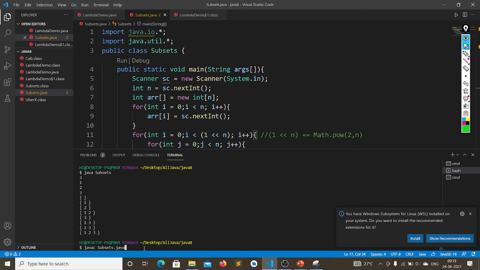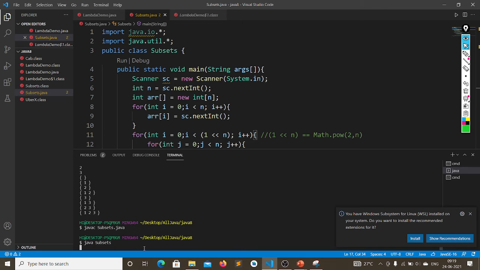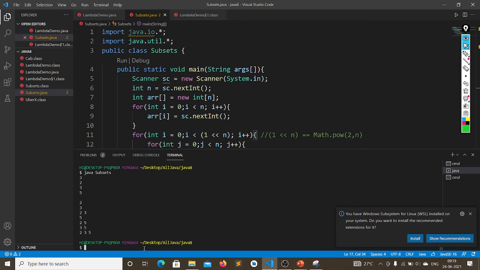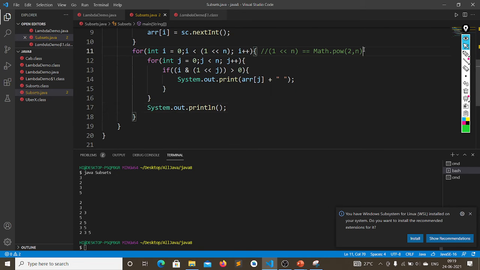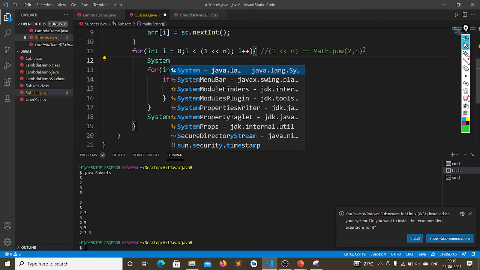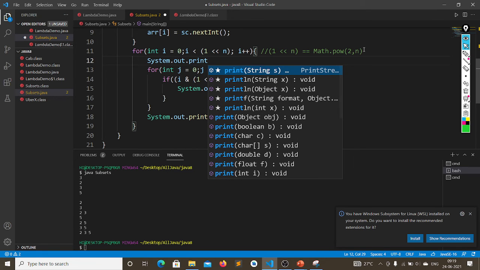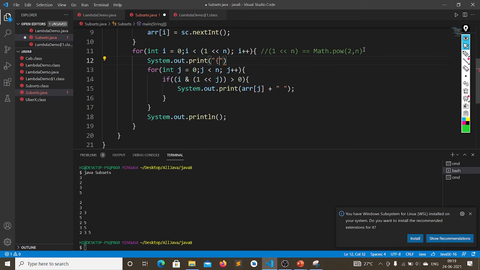Okay, now as it's compiled, let me give n as 3, and the elements 2, 3, 5. See here, this represents something, this is actually an empty array, but to know that at the beginning, we can write like this also. System dot out dot print, like this. And here we can close that loop.